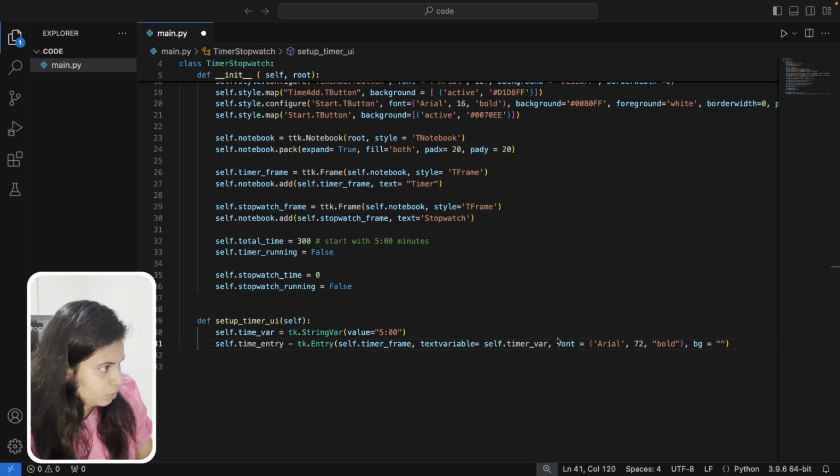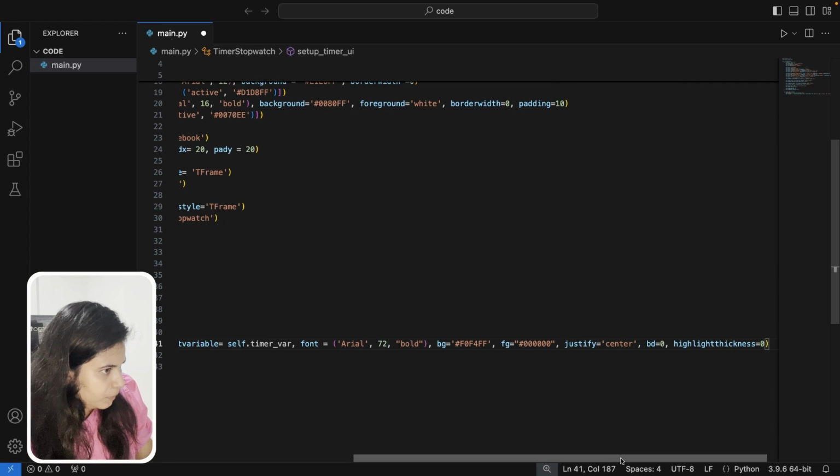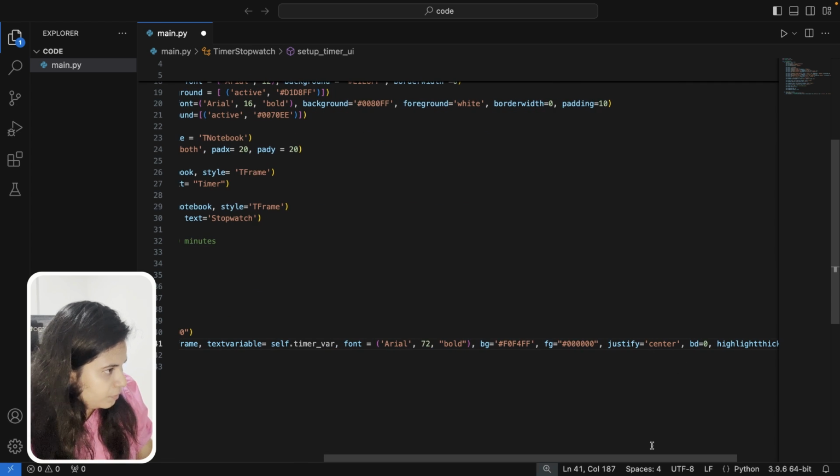Next we have foreground, background, justify to center,